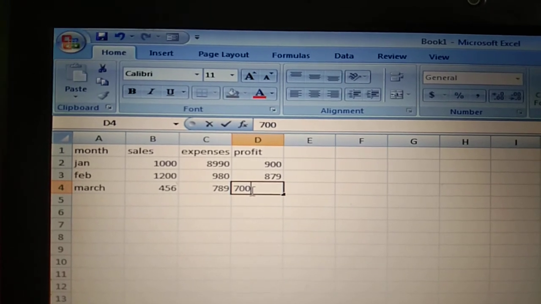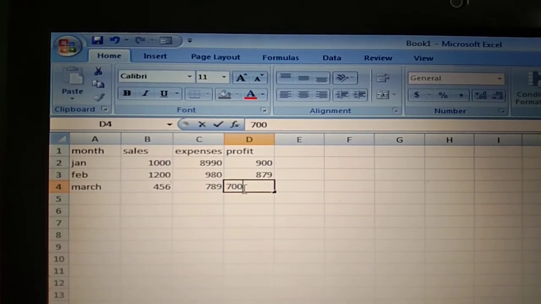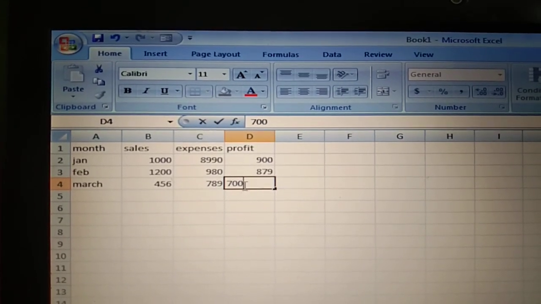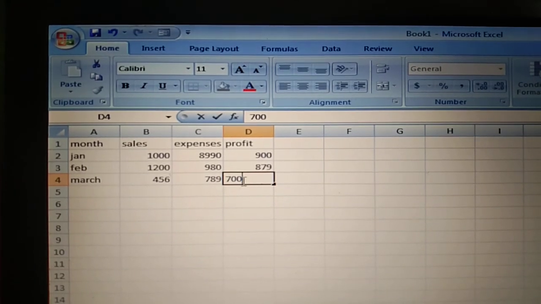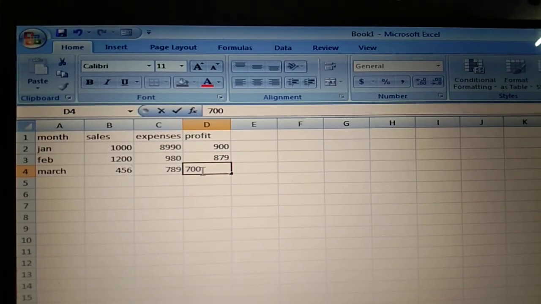So this is the way we can enter data. Dear class, this MS Excel is a very important software. If you have a laptop or system at home, please try these features of MS Excel. So thank you class. Have a great day ahead.